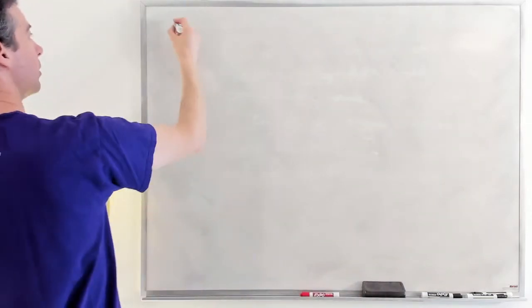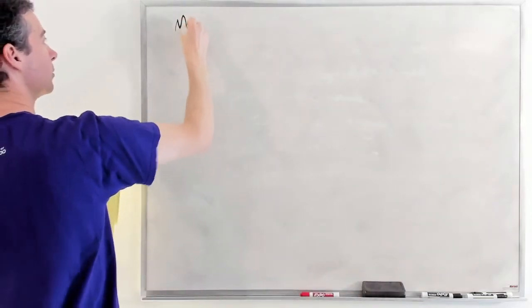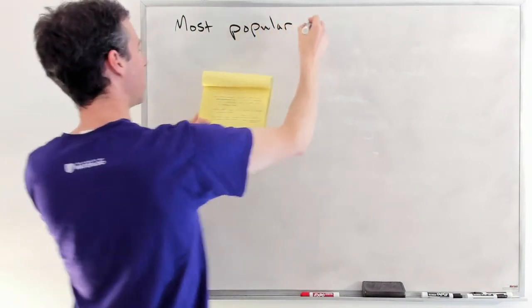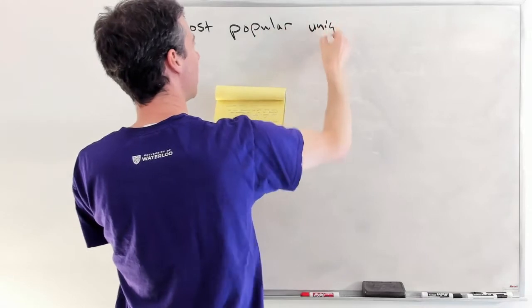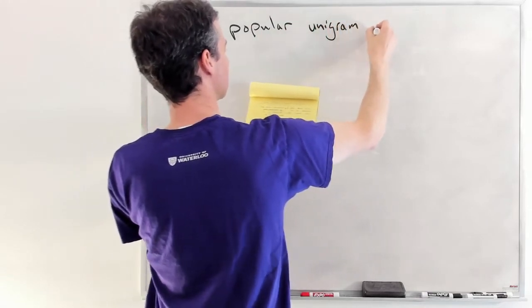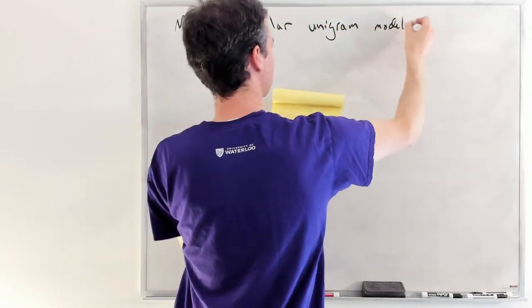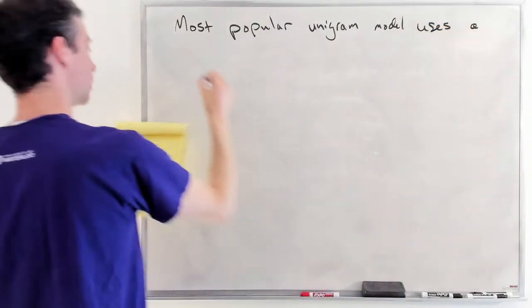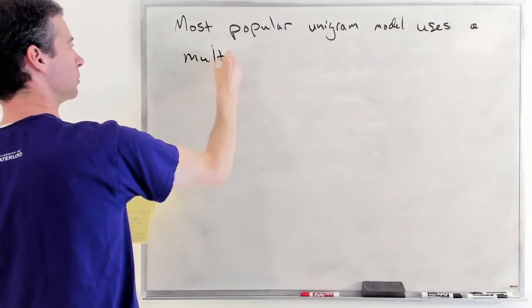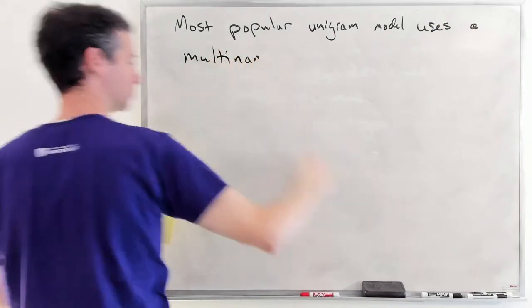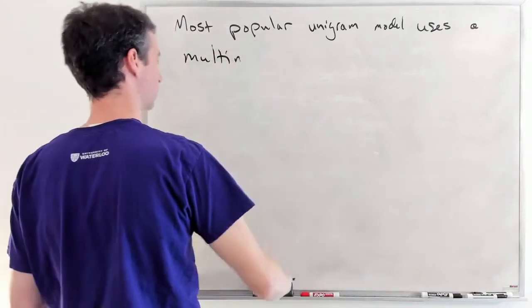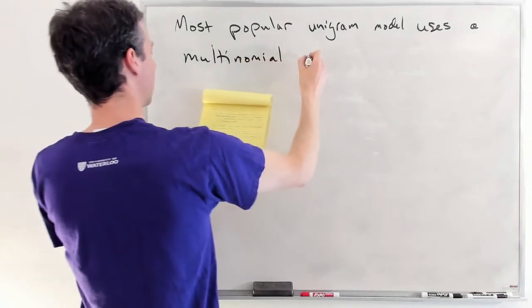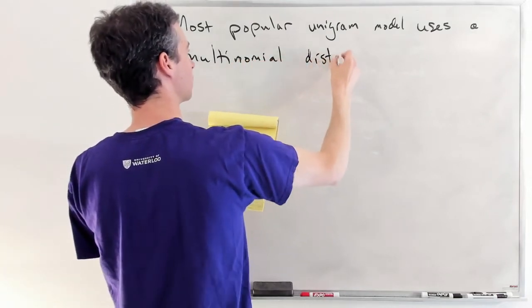The most popular Unigram, so there's more than one way of making them, but the most popular Unigram model uses a multinomial distribution,